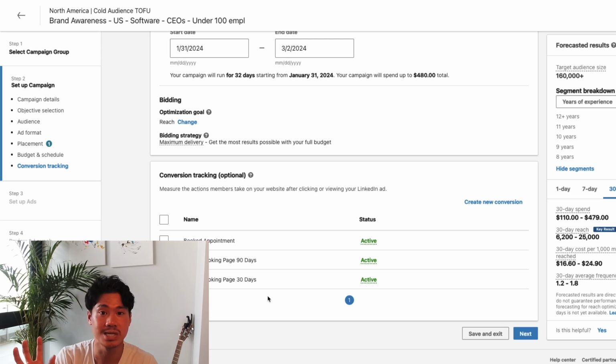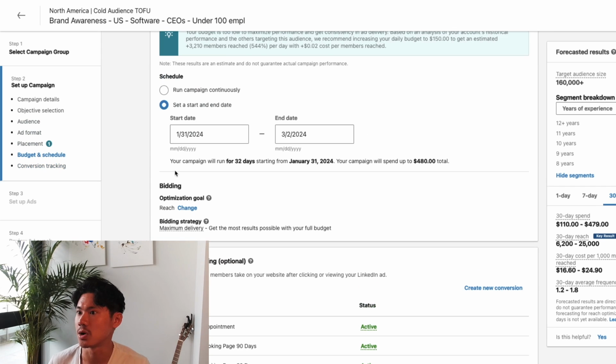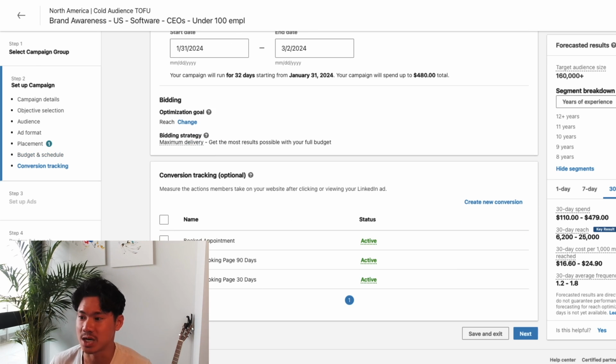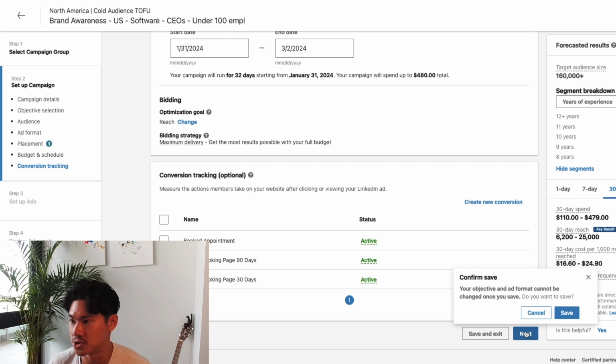But certainly if you're trying to book sales calls or get people to go to your website and opt into some sort of download form using your LinkedIn ads, you need to set up conversion tracking. It's very, very important because without that, you'll have no visibility into whether or not your actual campaigns are working. However, if you recall, the purpose of this campaign was more for brand awareness, so I'm not necessarily trying to get someone to go to my website, so I don't need to worry too much about conversion tracking. I'm not going to check any of this, and I'm just going to move on.